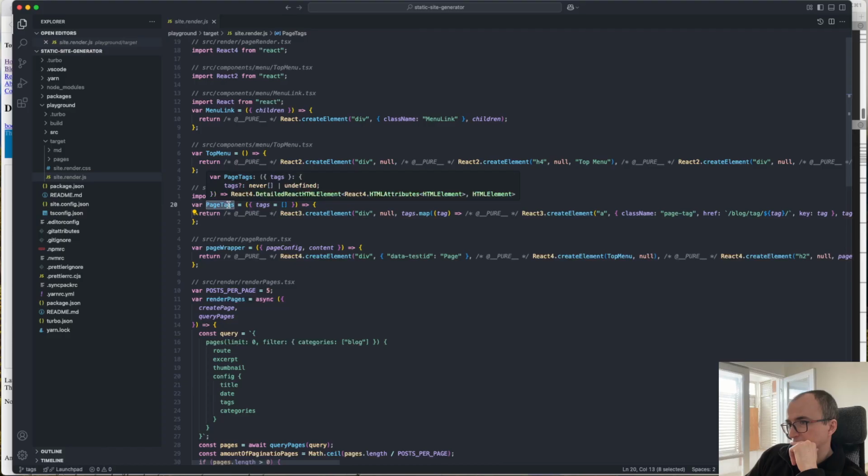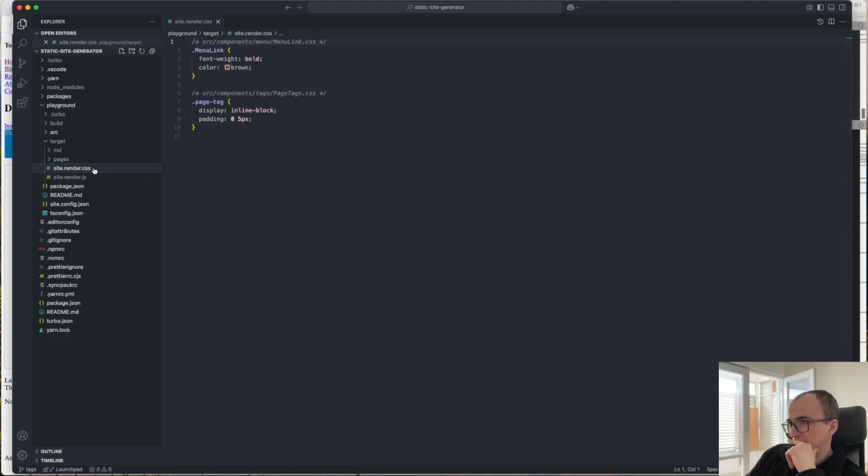Here is page tags, site render CSS, and here it is, site render CSS. By the way, I do have CSS. Here it is. I'm just not using it. Just different topic. And I don't have style, and I don't have test for it, so I don't know that there is a problem that I'm not using it. And then